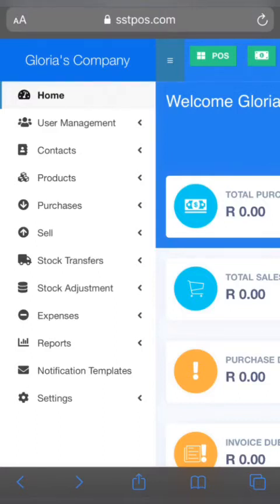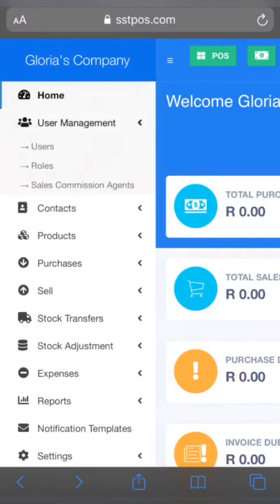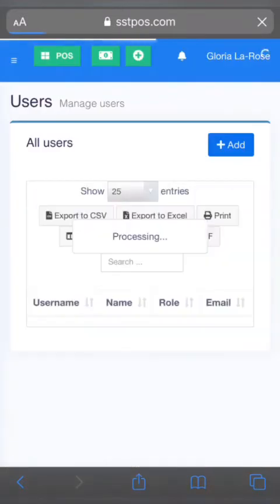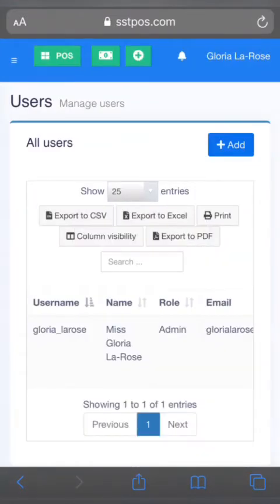I'm going to press user management, and that gives me users, roles, and sales commission agents. So I'm going to press on users. And here, as you can see, Miss Gloria LaRose, which is me, and my role is admin because I'm the one that started this business. But I can go ahead and add other users. So I'll press on add,